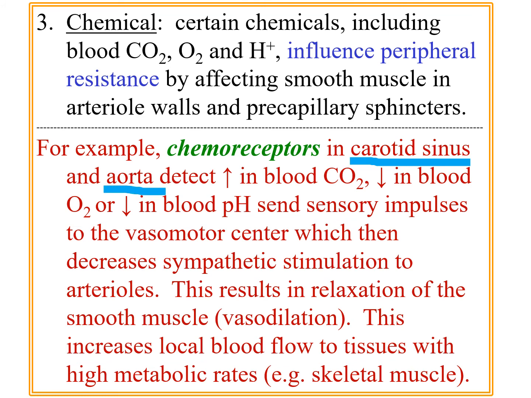They are monitoring, in this case, blood chemistry. So when these chemoreceptors that are monitoring this arterial blood being ejected from the left ventricle after having come from the lungs detect an increase in blood CO2 or a drop in blood oxygen or a drop in blood pH,